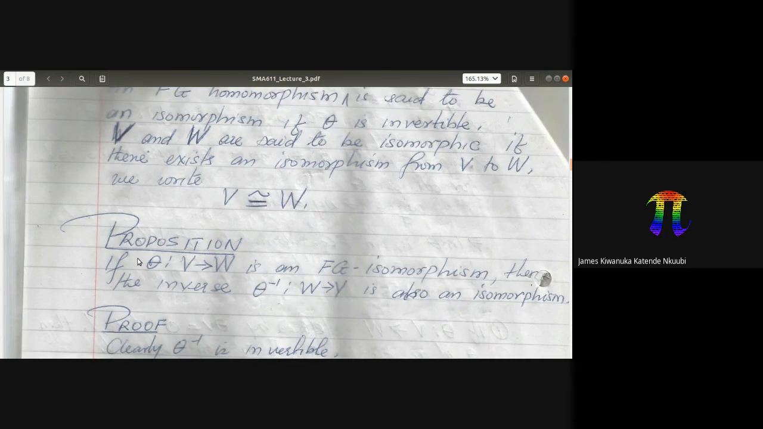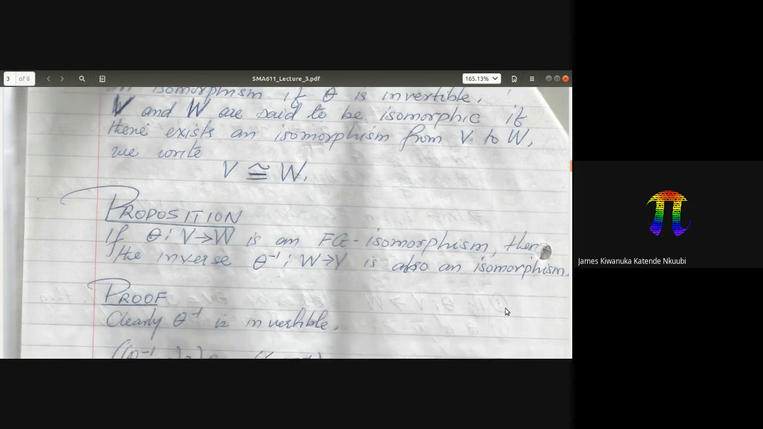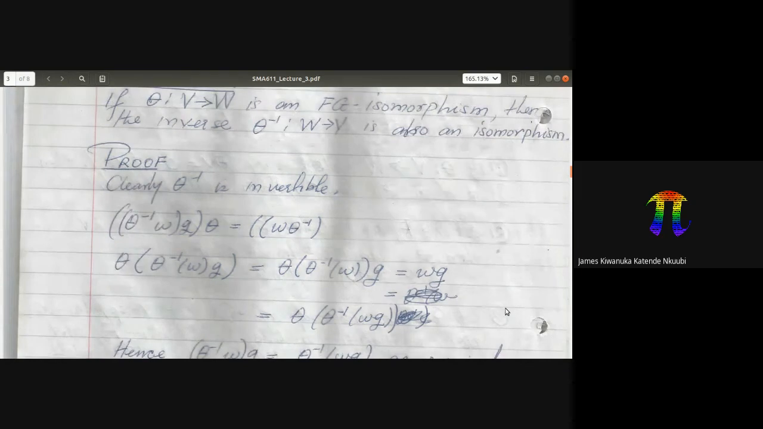So here's a proposition which says that if theta is an FG isomorphism, then the inverse will also be an FG isomorphism. Not just an isomorphism, but an FG isomorphism. Here you just need to recall the properties of theta inverse. The inverse acts on vectors in W and sends them back to V, right? So theta inverse acting on W, G,